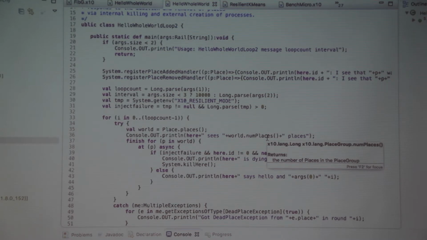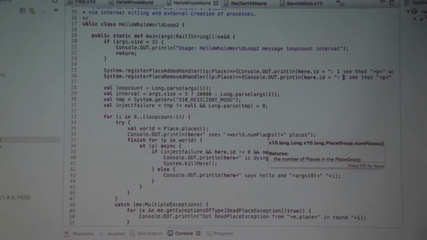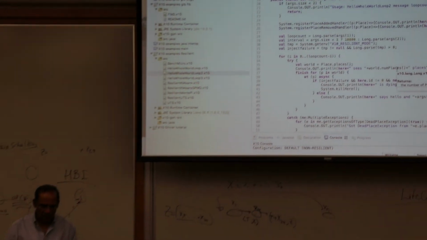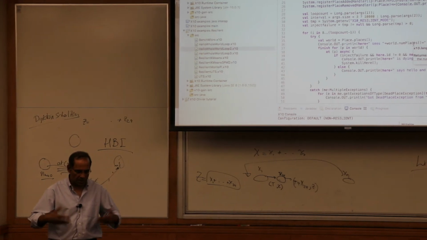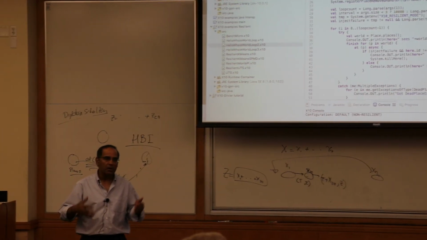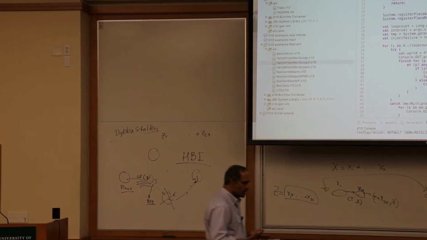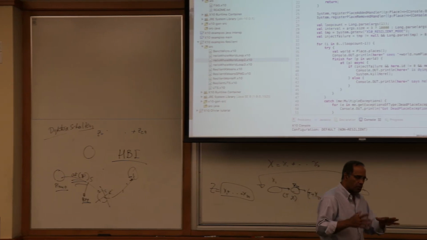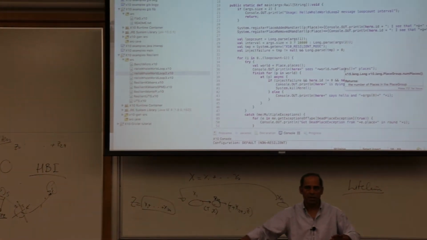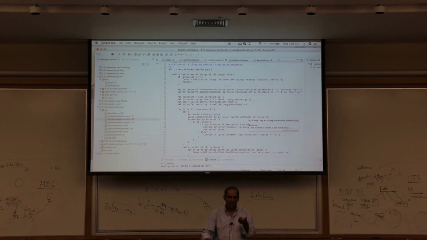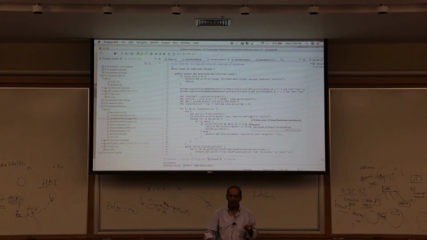Let me quickly go to another point, which is that, as I was saying a little bit earlier, it makes sense when things disappear to design your programming system in such a way that you can make things appear. So, elastic. So you want to say, create a new place. Okay. Now, how are you going to do this? There are a couple of different ways. For sure, you want to support some external mechanism. So this means when you start an X10 computation, you get back some kind of a handle on the whole